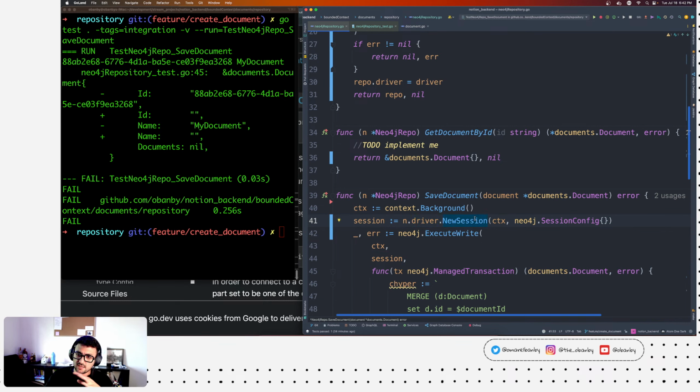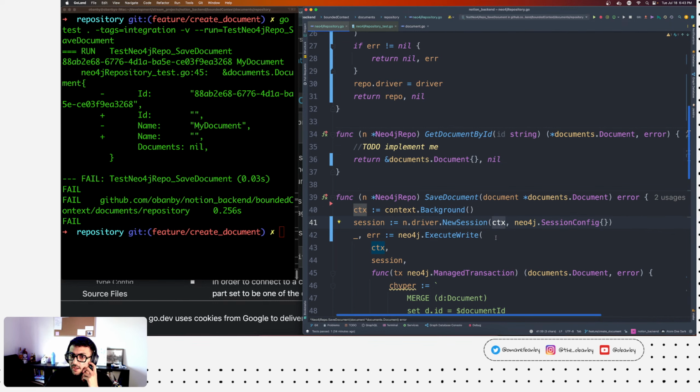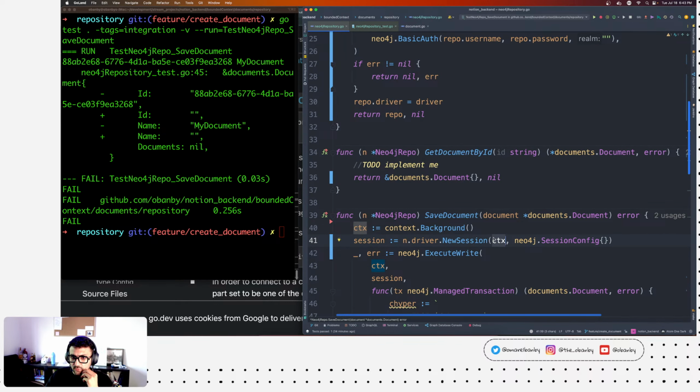Maybe you want to say, I'm going to provide the default, like 500 milliseconds, as my context expiry, or my timeout. And then for the execute, you can extend whatever context that is.